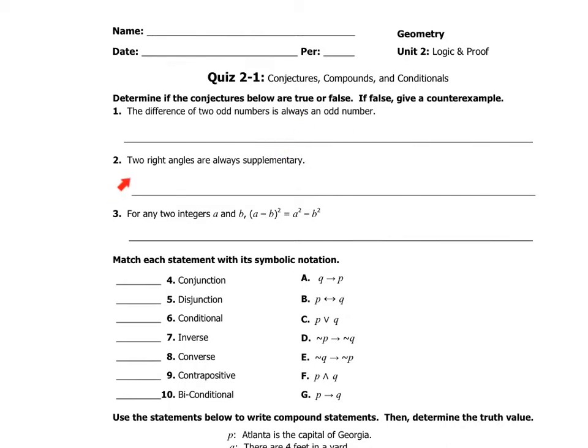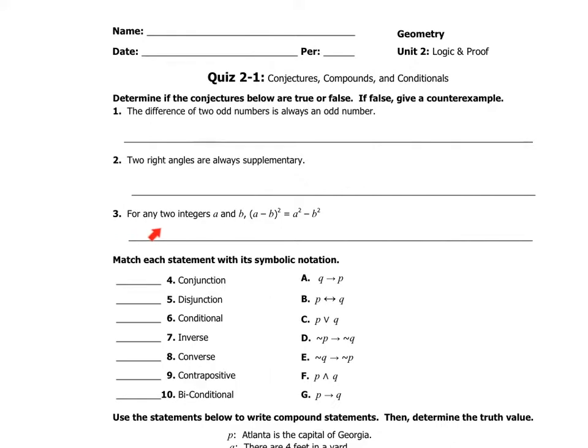Moving on to number two. Two right angles are always supplementary. Are two right angles always supplementary? Supplementary means they add up to 180. True or false? If it's false, give a reason why. And then same way for number